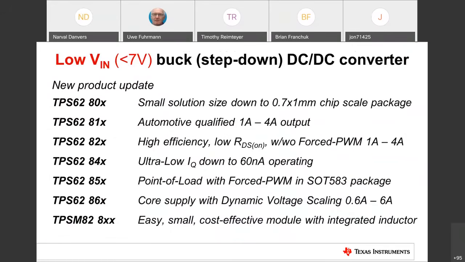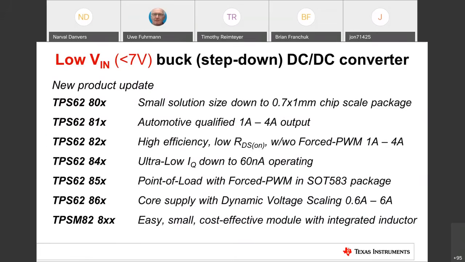So just to wrap up here, we talked about some examples of new products. I put here together all these TPS 62800 series that are new in our portfolio. This goes from very, very small solution size in chip scale package, which are really the smallest that we have in our portfolio. It goes to automotive qualified families from 1 amp to 4 amp.